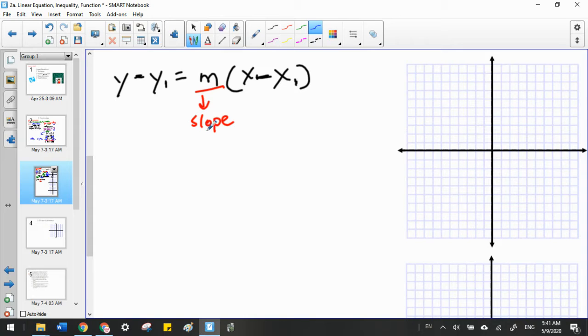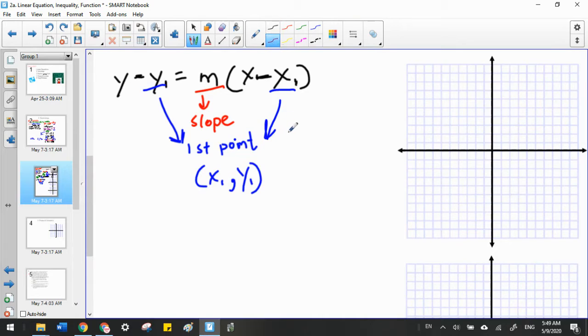And once again, we are given our first point. They actually give it to us in this case, because x1 and y1 are supposed to be constants that they provide, and it is going to give us our first point in the equation. So an example, and we'll try to graph that example based on this situation right here. So if I have y minus 3 is equal to 2 times x minus 4,